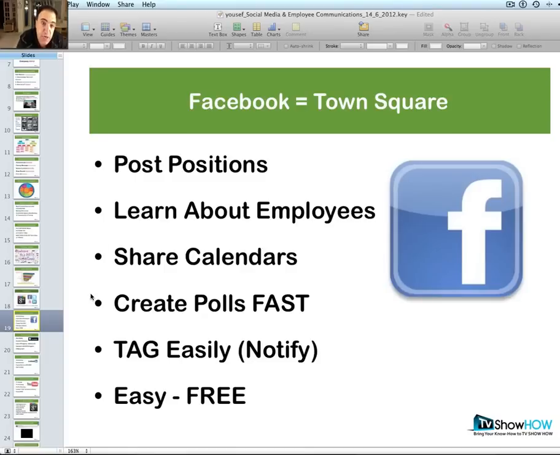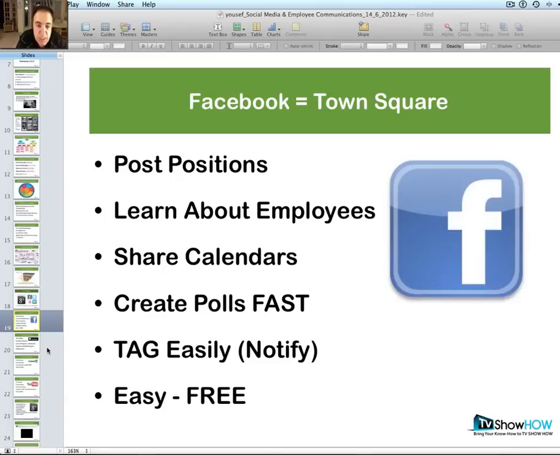Facebook is your town square. That's where you post positions, learn about employees, share calendars, create polls fast, tag easily, and it's fast and free. By the way, a lot of this information may be above your head, but it's here in case you feel like sharing it with someone to help you.